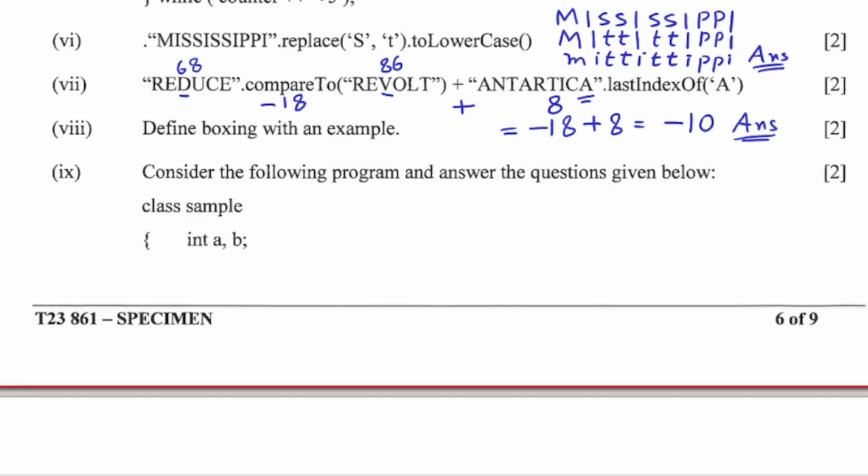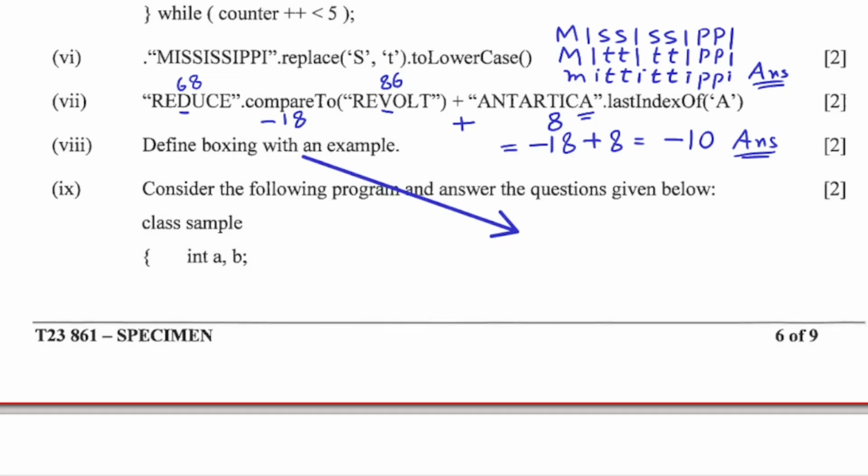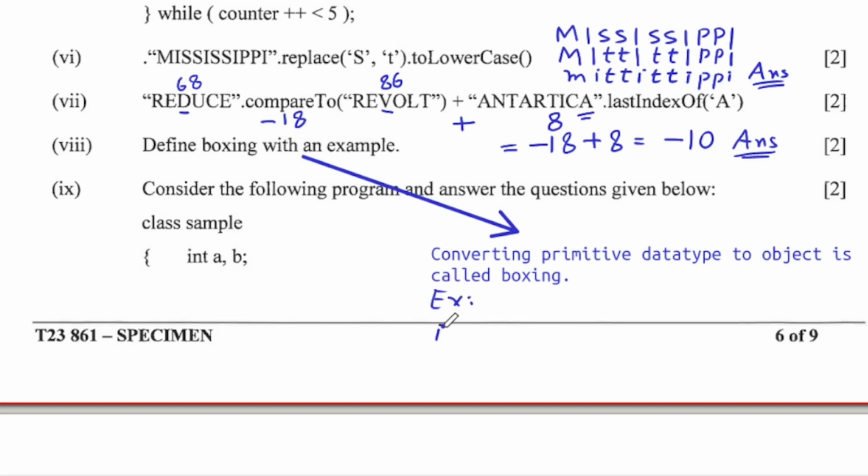The next question, that is part 8 of question number 2, is define boxing with an example. Since there is no space over here, we'll attempt this question over here. The term boxing means converting primitive data type to object. Let us understand this with the help of an example. So, we have an integer variable, int y is equal to, and let's say we store the current year,